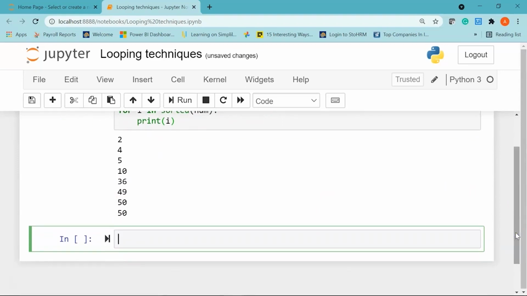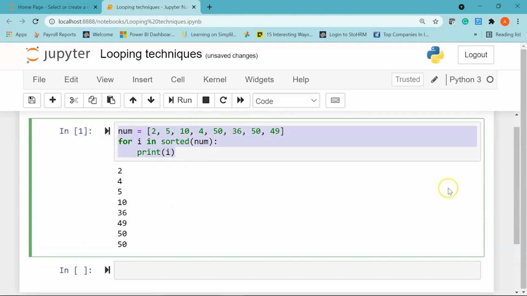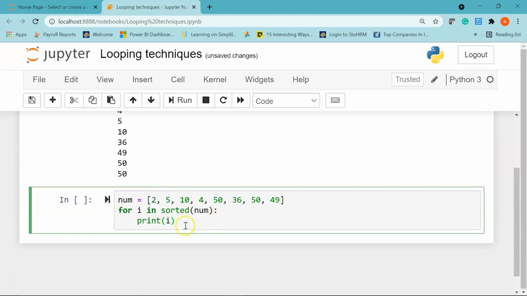Now let's learn how you can sort the values in a list using a for loop in descending order. So I'll just copy my above cell of code. We'll paste it here. It will help save us some time. So I'll say for i in sorted, I've given my variable num. After this, I'm going to pass in another parameter called reverse equal to, I'll say true. Now reverse equal to true will make sure Python will sort the list in descending order.